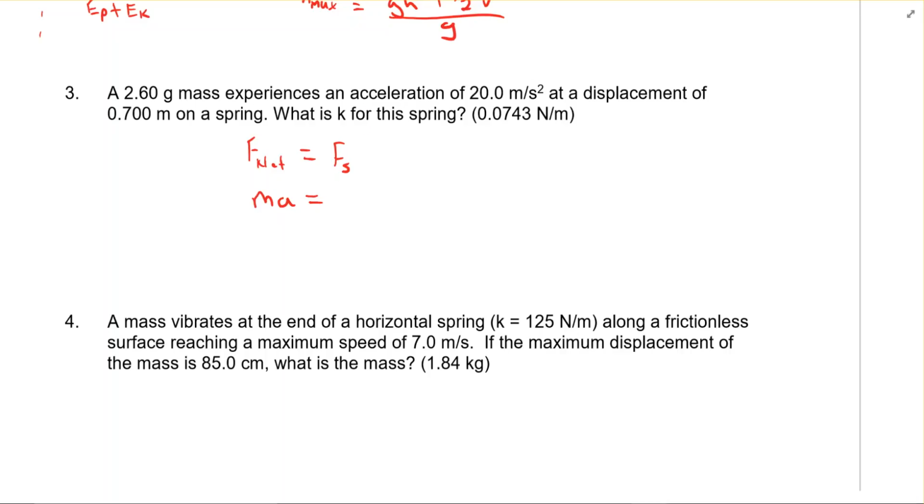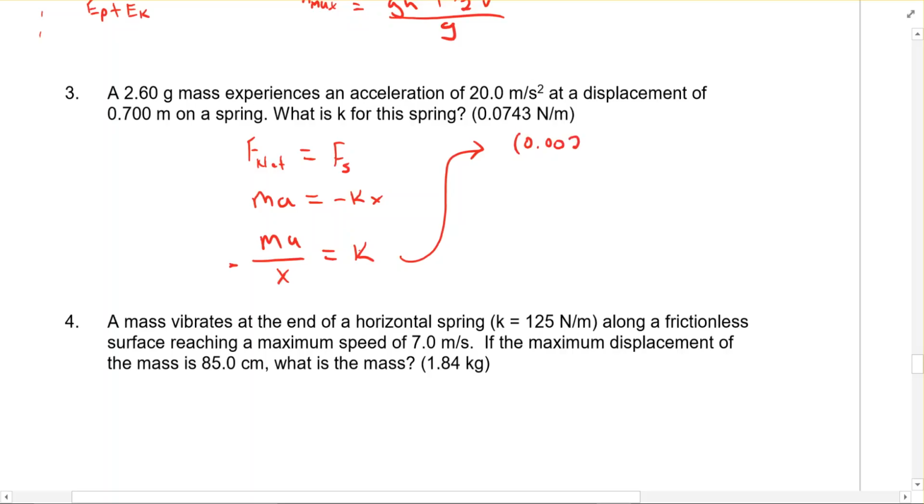Fs is going to be negative kx. And it's asking us for k, right? And we know all this other stuff. We know the mass, acceleration, and x. So rearranging this, we get ma divided by negative x is equal to k. Now I'm going to carry on up here. Our mass is 2.6, oh no, sorry, that has to be in kilograms, so 0.0026 kilograms